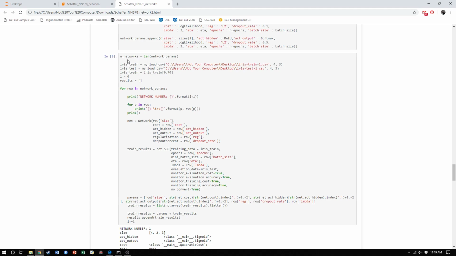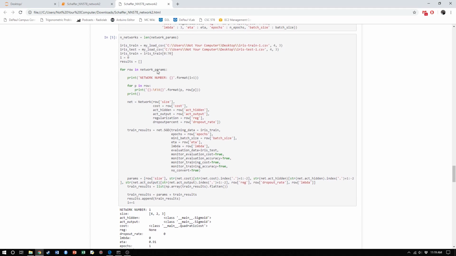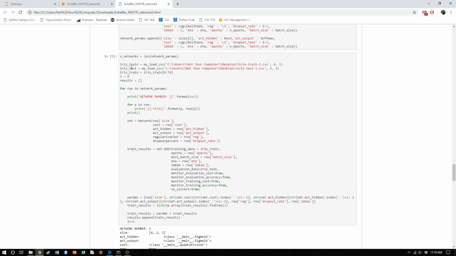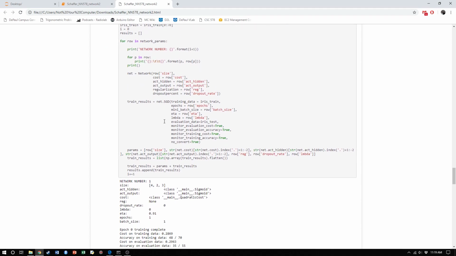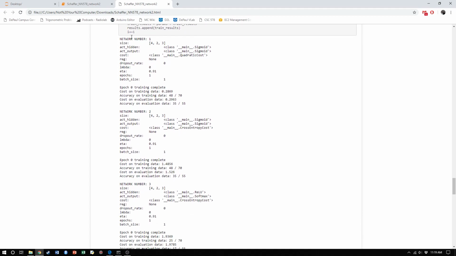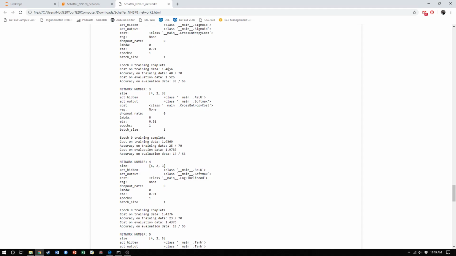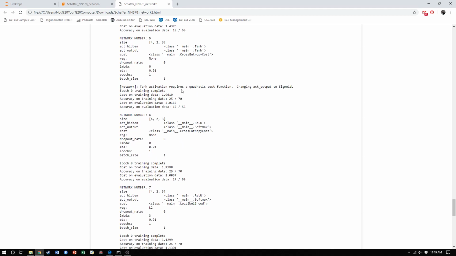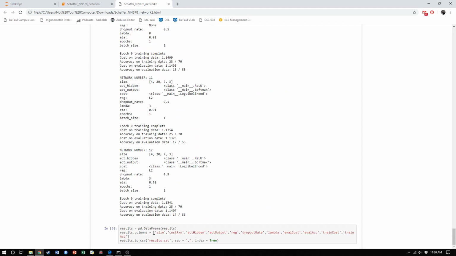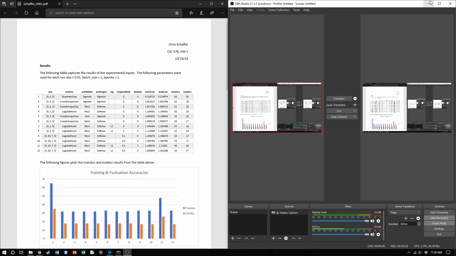So then next, after we make the network parameters here, we then run the code. I have imported the iris train and iris test data sets. Here you can see I was playing around with trying to use different amounts of that training data to get better results. Here we produce the results, which you can see down here. We summarize what network it is, the parameters that go into it, and its accuracy and performance. And then down here is a little bit of code to help me save those results to a CSV, which then went into